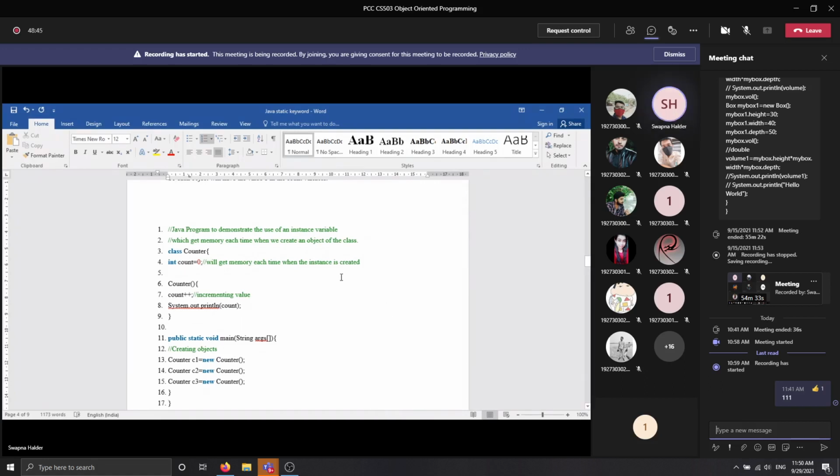Here is a task for you. Just try to do these two programs, and if you face any problem, you can ask me. But this is the concept behind these two codes. Clear? One uses the static variable and the other does not. The first time, declare this count variable as non-static, and the second time, declare it as static. Run this code and try to understand why the output is changing. Okay, today the time is already over.